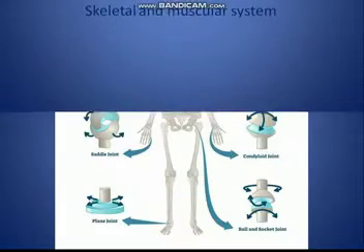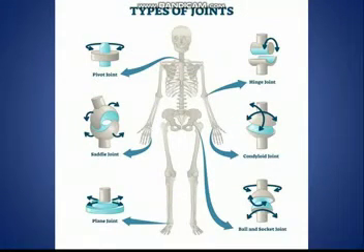A joint is a point where two or more bones meet. Bones are held together at the joints by a strong tissue called a ligament. Our skeleton has many joints except for the skull. Movement is possible in all the joints. In the skull, the bones are interlocked, making the joints immovable.